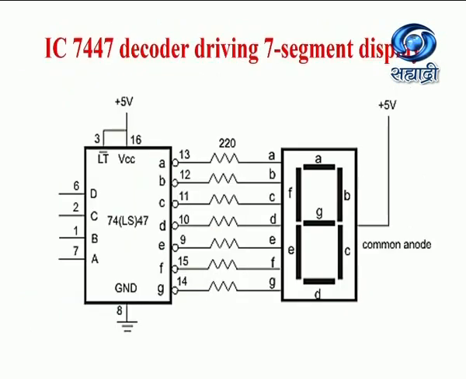So here the IC is the 7447 decoder driving IC. Basically this type of IC is used to drive the 7 segment display. That's why this type of IC is also called a 7 segment display driver IC. So this is the practical use of the 7 segment driver IC 7447. We can use this IC in between the 7 segment display and the 7 resistors, because it is connected to the active low output.